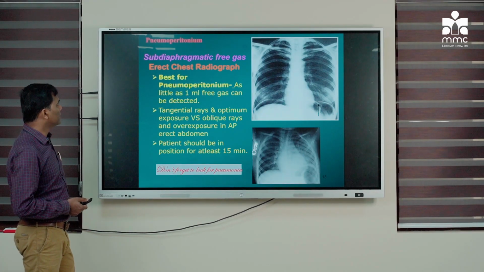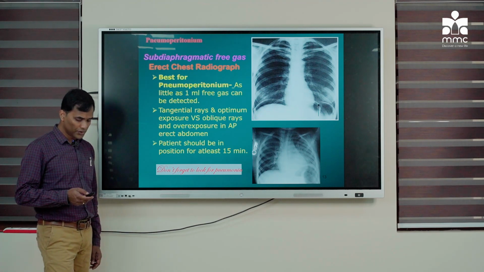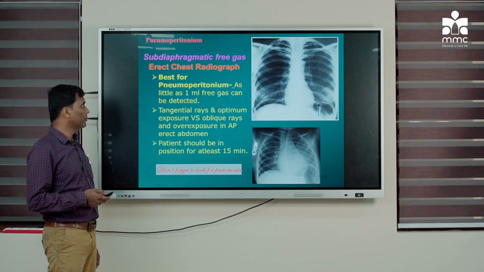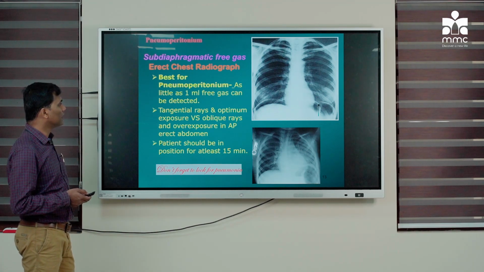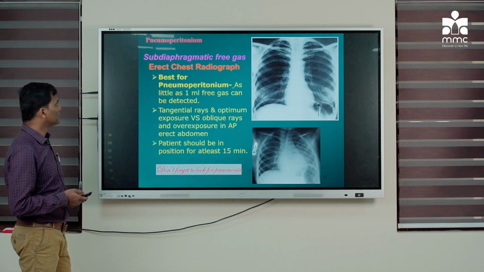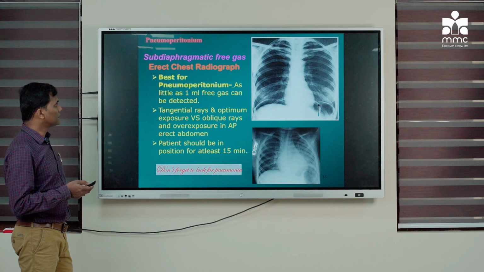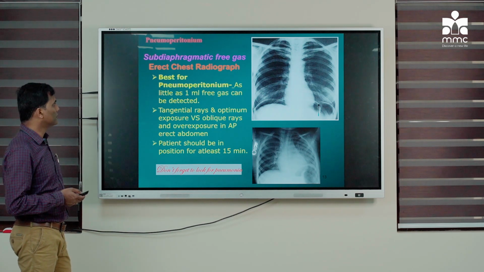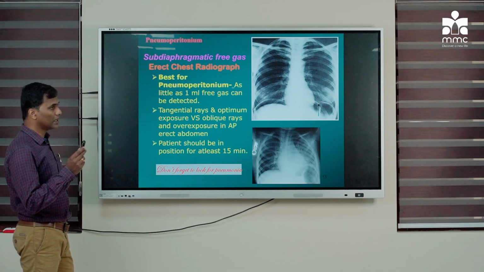So coming to pneumoperitoneum proper, there are a few signs with which we can diagnose it. The common, well-known finding is air under the diaphragm in an erect chest X-ray or erect abdomen X-ray. But erect chest X-ray is best for diagnosing even a small amount of pneumoperitoneum, as small as 1 ml, because the X-ray beam,